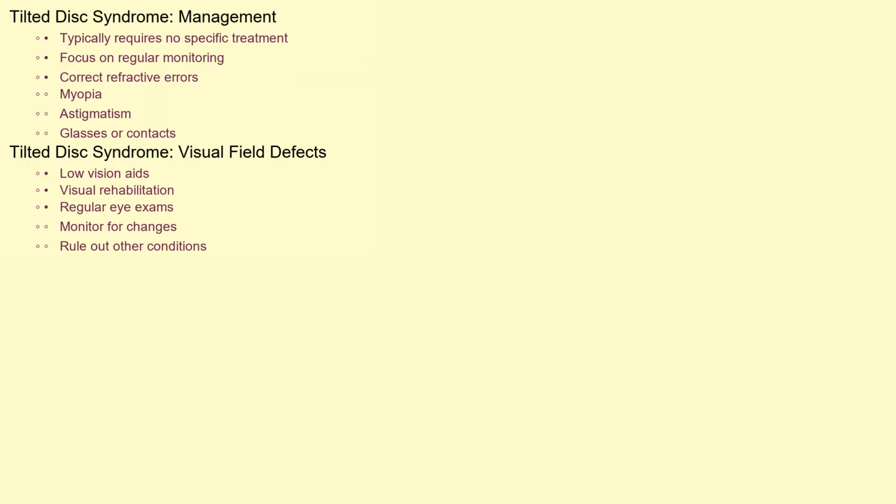In most cases, tilted disc syndrome requires no specific treatment, especially if the individual is asymptomatic and has no significant visual field loss. Management focuses on regular monitoring and correction of any refractive errors, such as myopia or astigmatism, with glasses or contact lenses. If visual field defects are present and affect daily life, low vision aids or visual rehabilitation may be considered. It's important to have regular eye exams to monitor for any changes and to rule out other